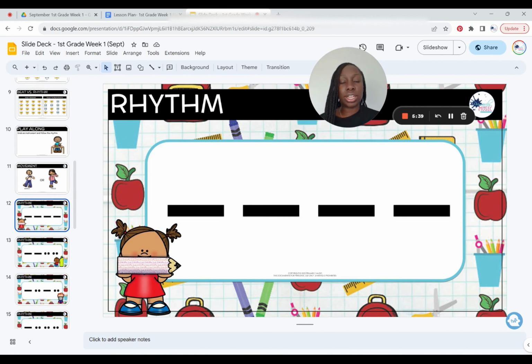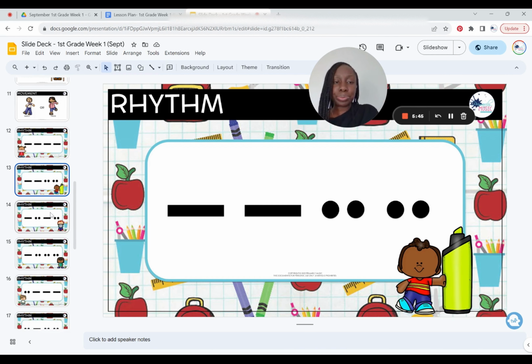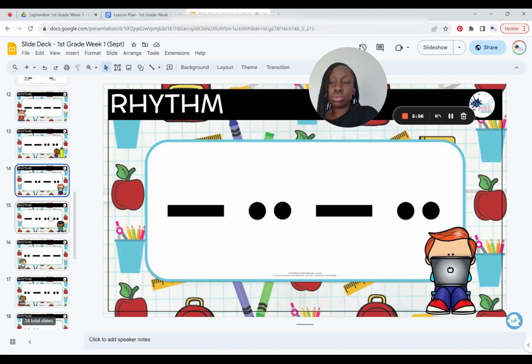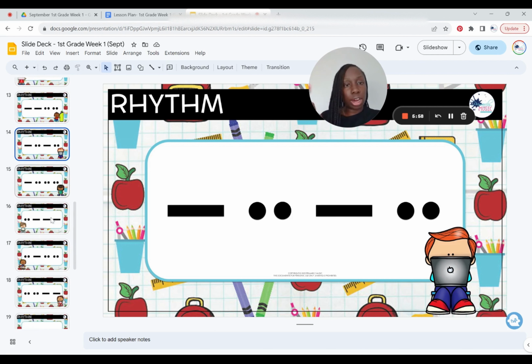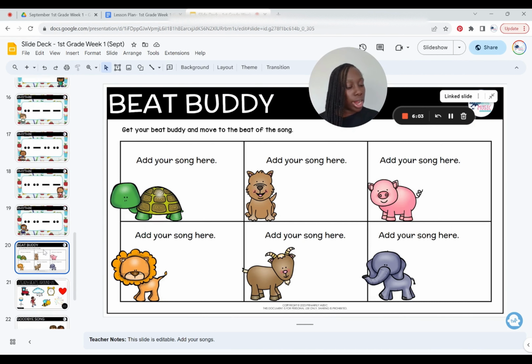After that, we have some slides here for review. Now, in kindergarten, they would have learned long and short, so this is just reviewing rhythms from kindergarten. You can have them say this out: long, long, short, short, short, short. You can have them play it. However you want to go through this to review long and short rhythms, you can do. And then after this, we have